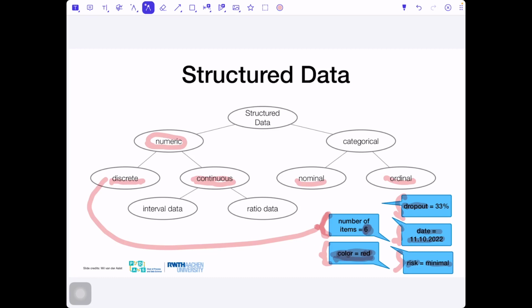Could we do this? Or is it rather nominal, because they differ, but we cannot put them in some order? What do you think? I think it's nominal. Exactly. I would say so too. The color is nominal.